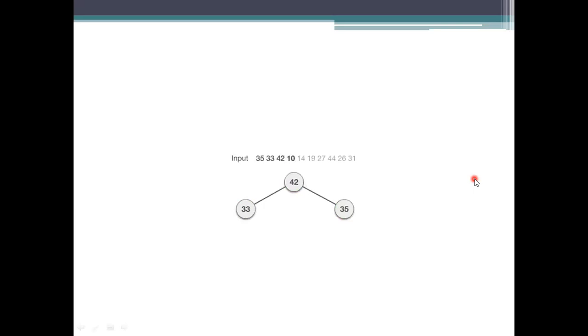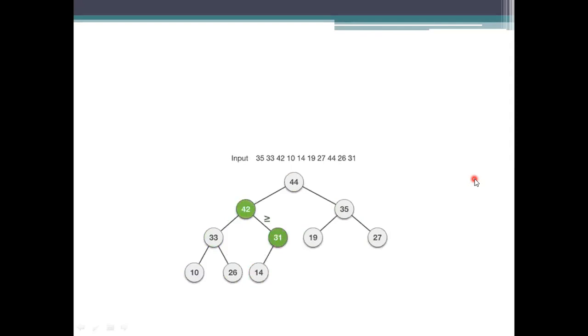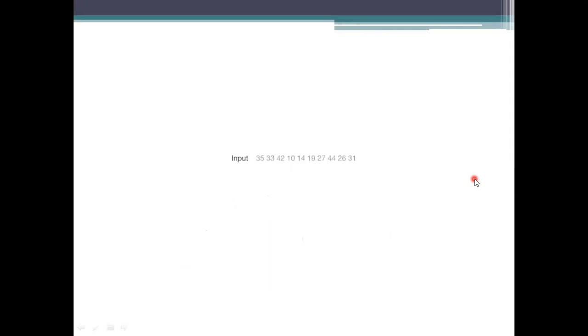See here, in this one, each and every node we have been representing should satisfy the max heap order. Max heap order means the root is specified as the greatest among its children. So to specify the greatest, we need to compare with each and every child. When it is added as a left child, compare with the root. When it is added as a right child, compare with the root. No need to compare with the left child because it has already been compared and processed.